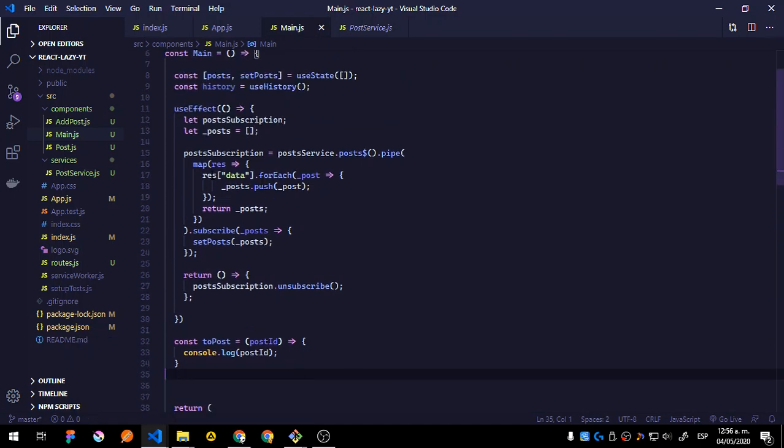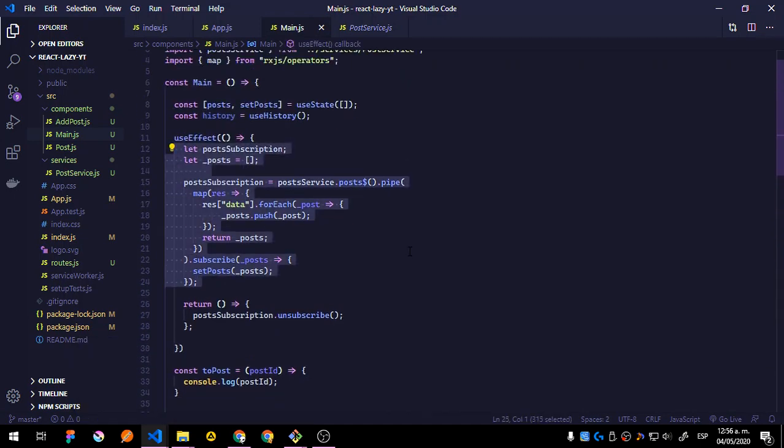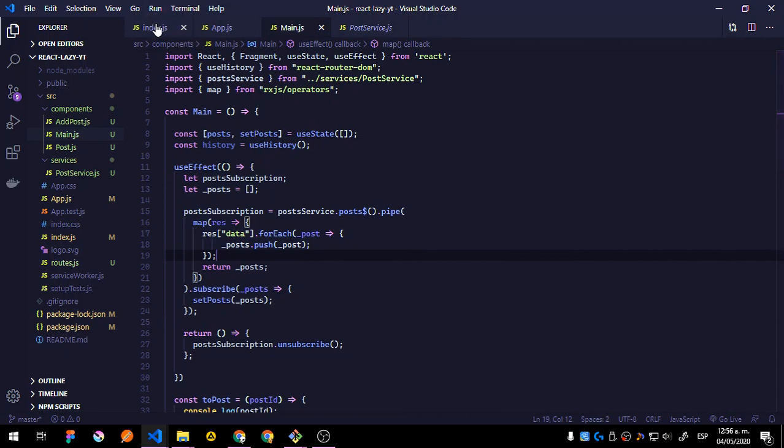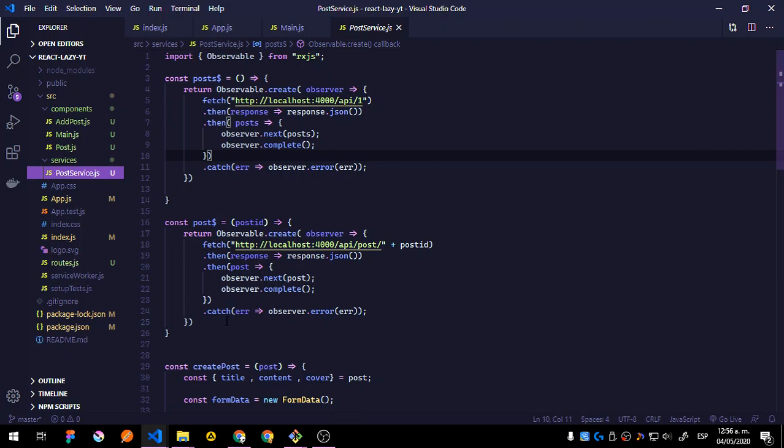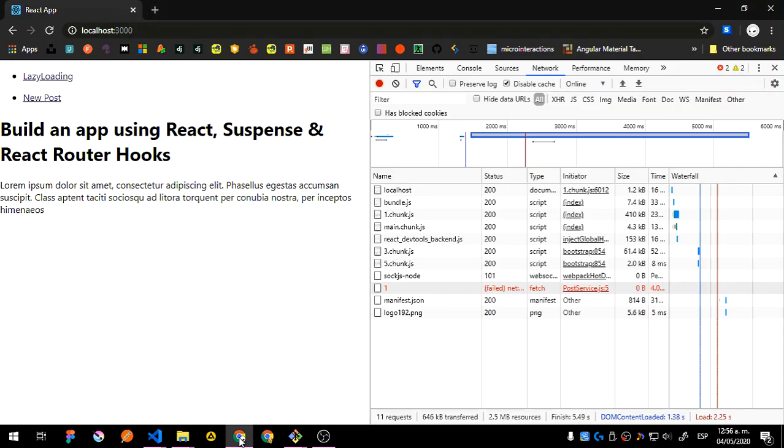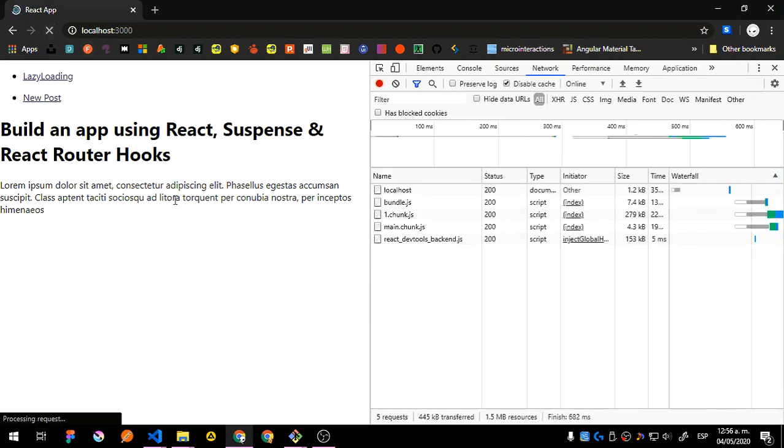Again, if you don't understand what is going on here, also we are not using pagination, so the service is not complete. We don't have the update and we don't have the pagination. So go to that tutorial and check the changes you will need to make, because we handle that in that specific tutorial. So if I refresh,